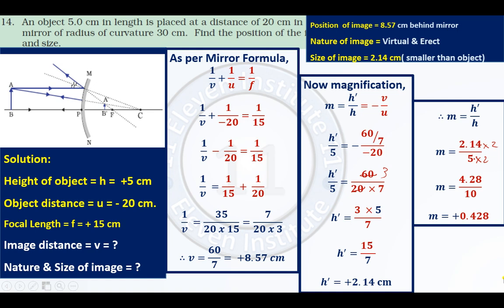Right? The problem arises when v is given. When object distance is given, when focal length is given, it is easy to solve. Automatically you will get v. But when image distance is given in advance, you have to think about which case this is. Whether the image distance will be positive or negative, you have to slightly apply your brain over there. Right? So please pause the video and write this sum in your CW.